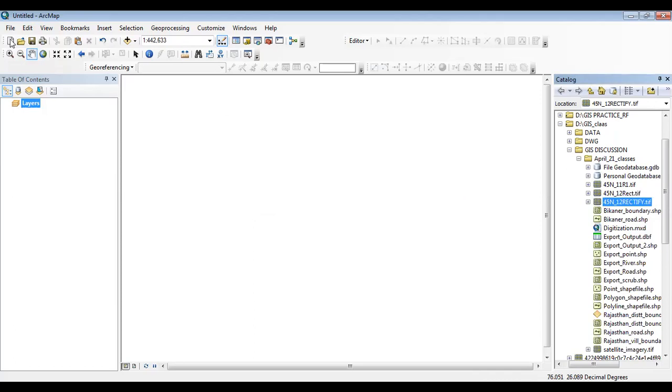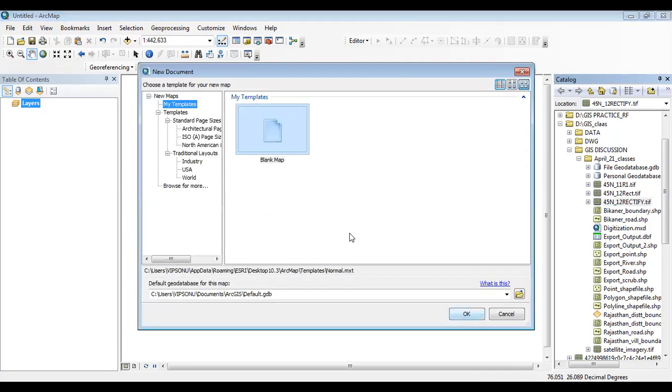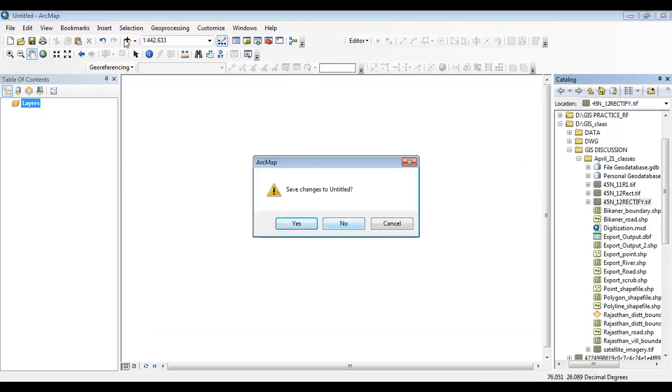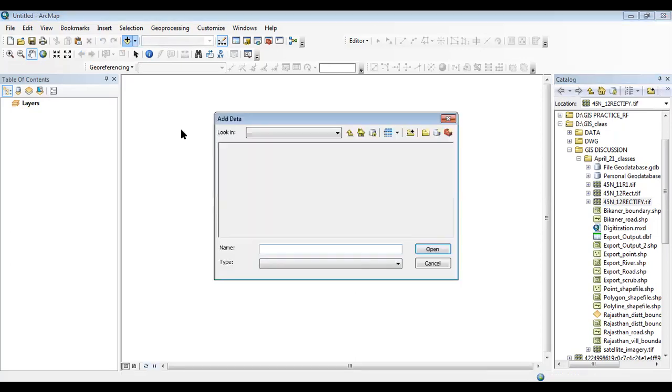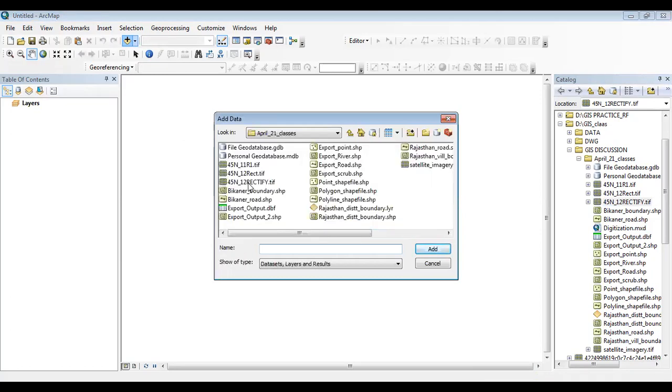The next step is to open a new ArcMap, and then add the rectified toposheet. Click on add, and then add data from here, and this is our rectified toposheet. Then add.